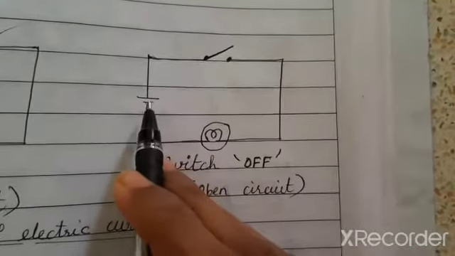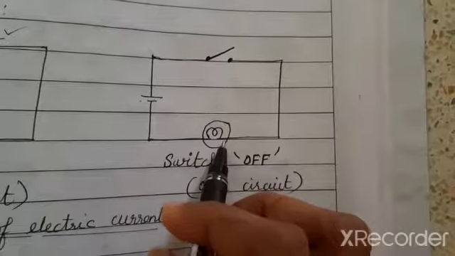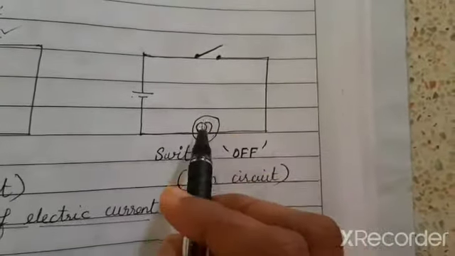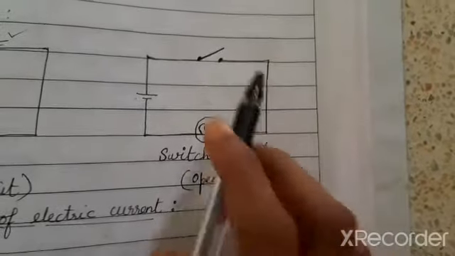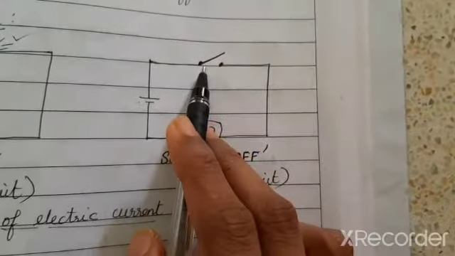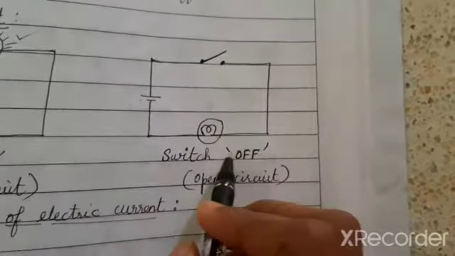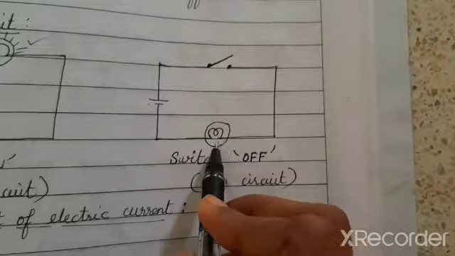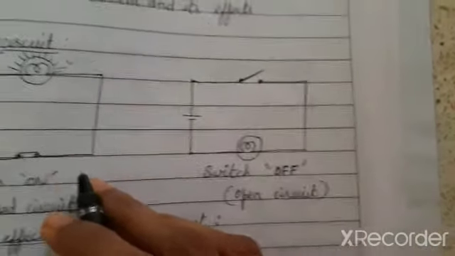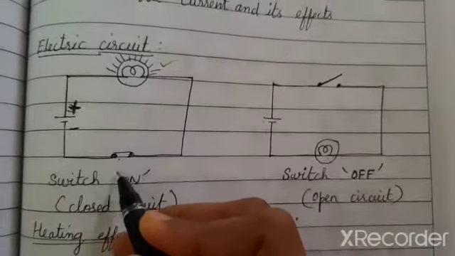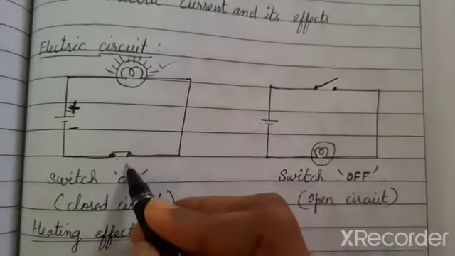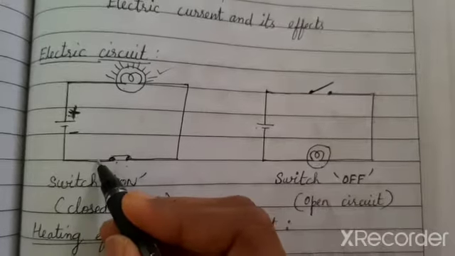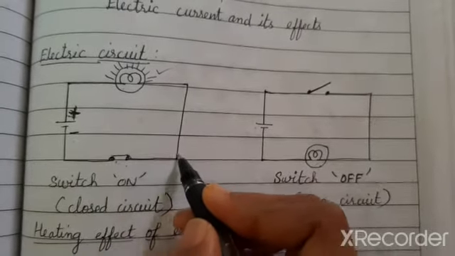Here you have the cell, bulb, switch and the connecting wires. But what is the thing here? The switch is in off position. So when the switch is in off position, there is no passage of charges in the circuit and hence the bulb does not glow. Okay, so see here, why did we represent the switch in on position like this? Because it locks here, enabling the charges to flow continuously.